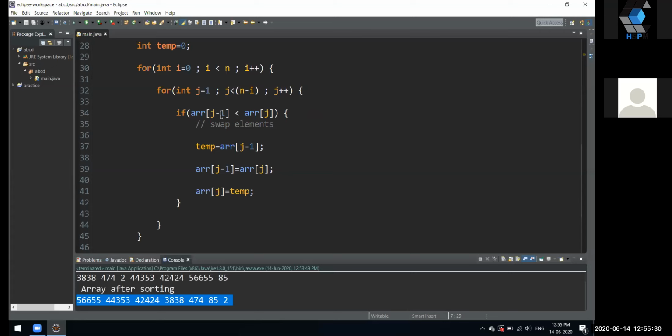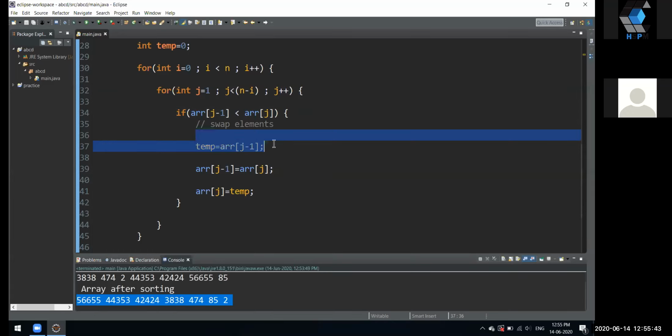We are checking the greater one with the n plus 1th element minus the nth element. So if this condition is getting satisfied, we are swapping that. If this if condition is not getting satisfied, we are again running the for loop for that. So this is, I could say, the most simple sorting algorithm. This is what we call bubble sort.